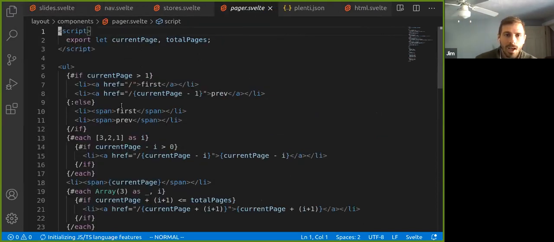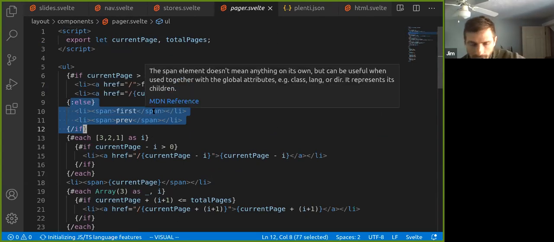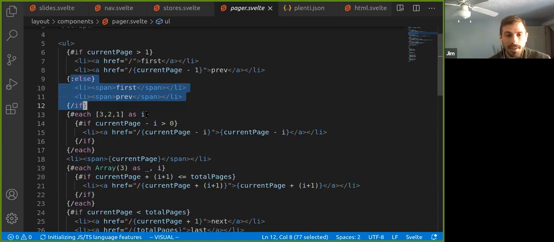So we're saying, okay, we want the first page and the last page, but we want to make sure that the current page is greater than 1, because we don't have anything less than 1. So if it's not, make sure that we're basically disabling going further forward or further backward. We could do something very similar with our slides, right? We could say, okay, we have 5 slides, so 5 pages. We want to make sure that we don't go before slide 1. We want to make sure we don't go beyond slide 5, right? So we could do the same thing and check at the bottom.